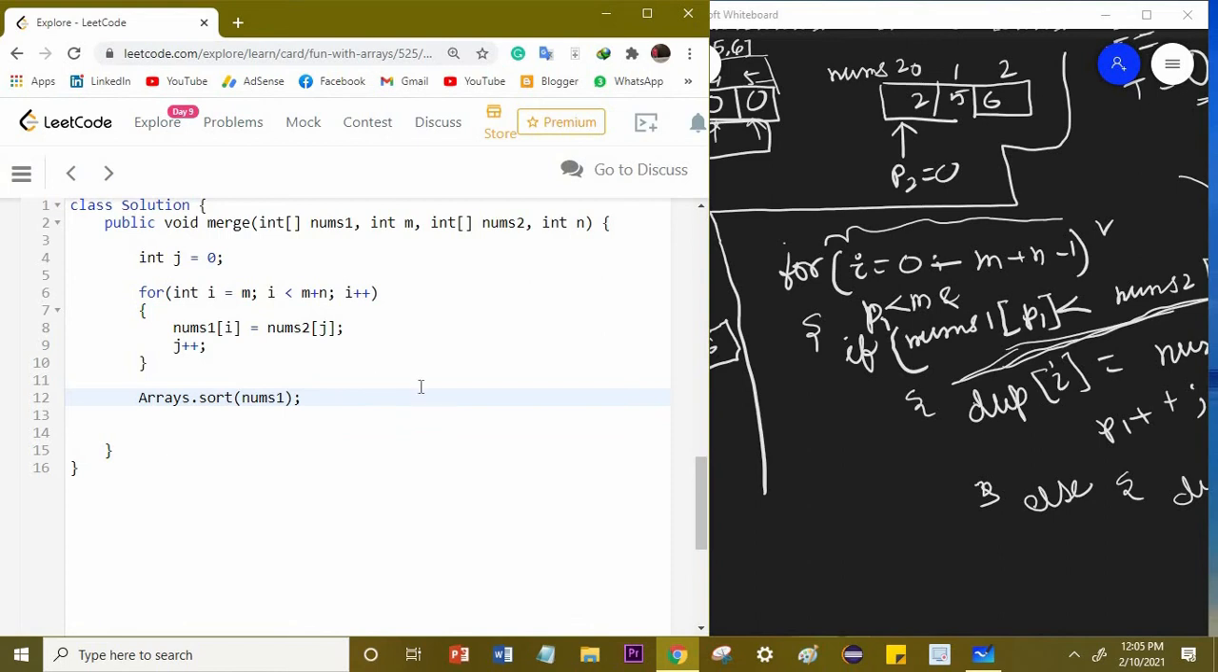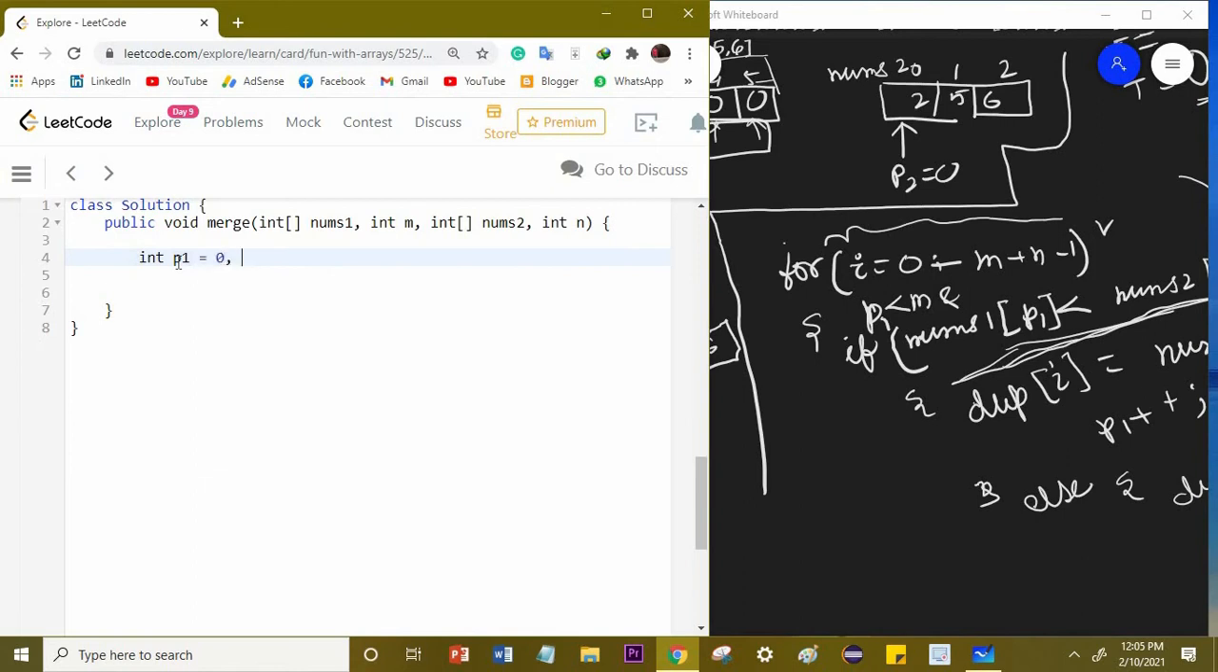Now write the code. First the two pointers, let's call them p1 equal to 0 and p2 equal to 0. Now we have to introduce a for loop: for int i equal to 0, i less than m plus n, because our nums1 array length is m plus n, i plus plus. Then we check the condition: if nums1 of p1 is less than nums2 of p2,